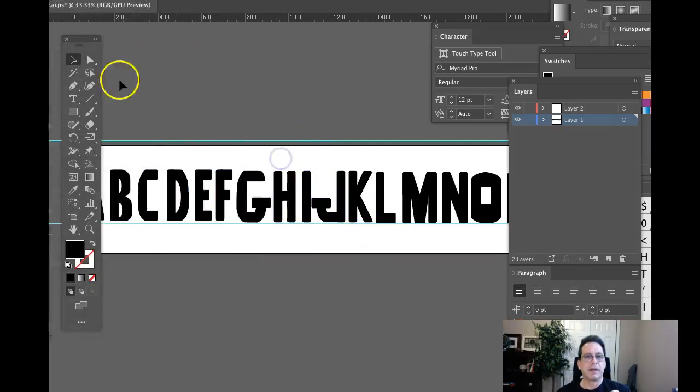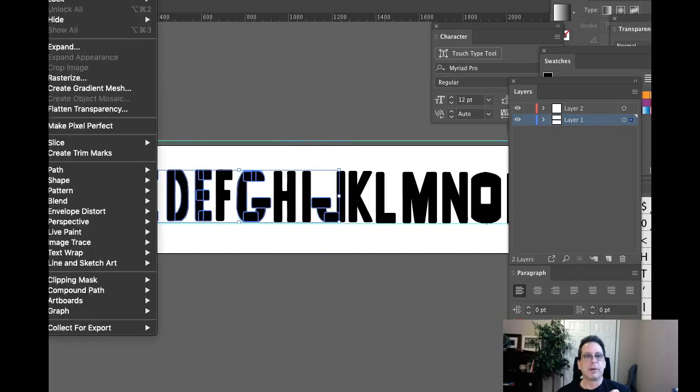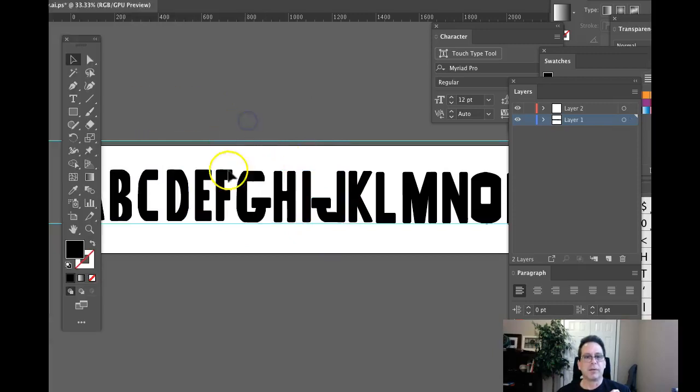Then I'm going to select that G again, and there are still some things grouped with it. So I'm going to go Object, Ungroup again and go through the process again. Now I can see that the group has been released. I don't know how many times you'll have to go through and click. It depends how many things are in that group. But once you see everything is ungrouped, and you can see it just by clicking on the letter, see now that's grouped with something else. But the G, as we can see,